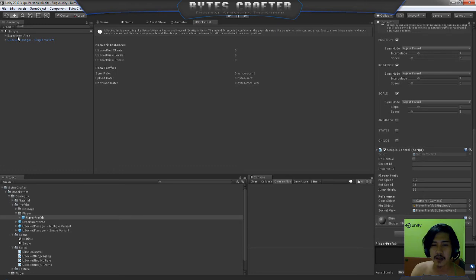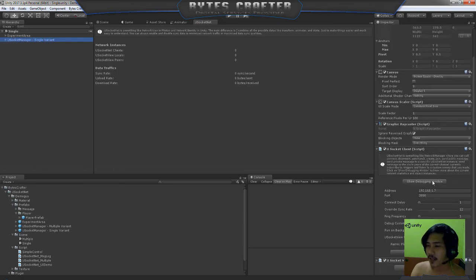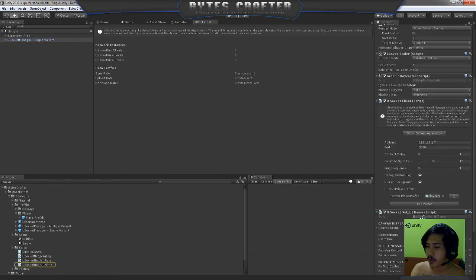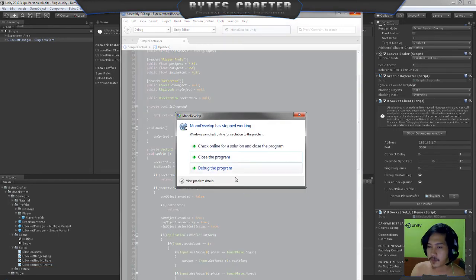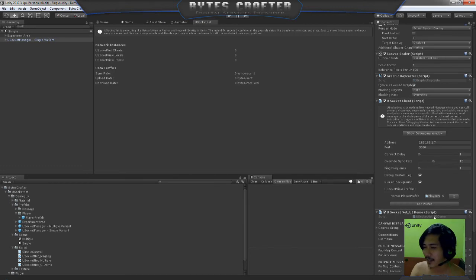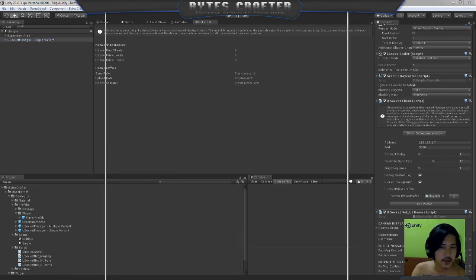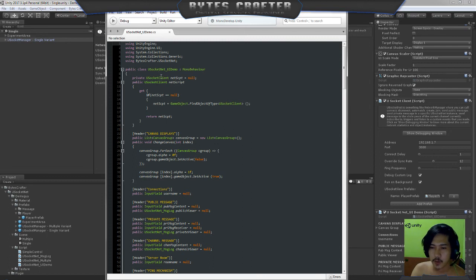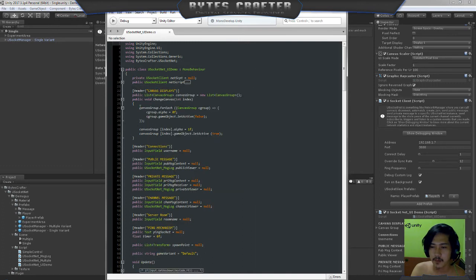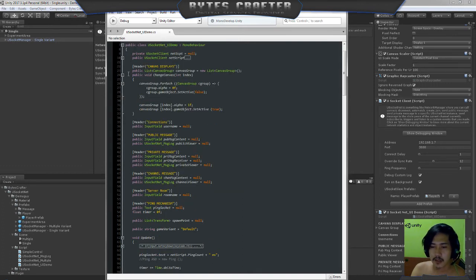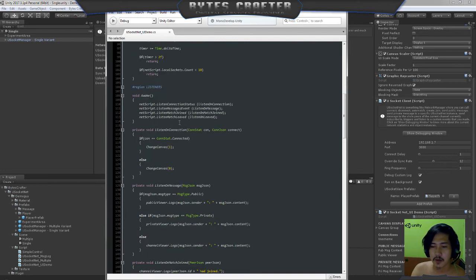While on the uSocket client, here, if we try to take a look at the UI socket in MonoDevelop, as usual, sorry, it's always crashing, and when you copy paste, you make a reference of the uSocket client. So this is just an example. These are the UI references.